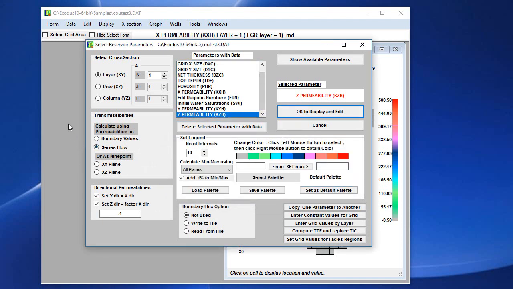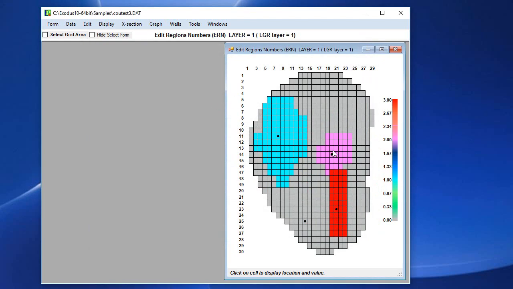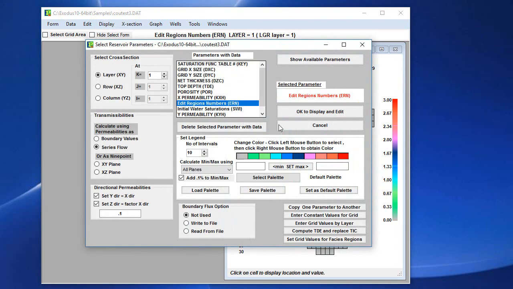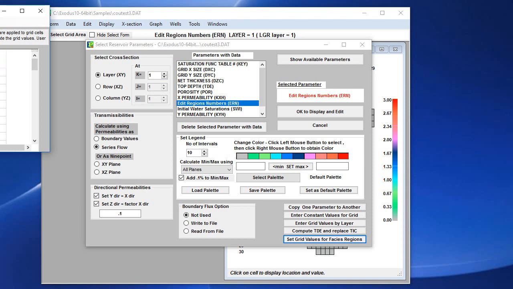Other ways to enter data would be using constant values by grid and constant values by layer, and these are quite easily understandable. We can also set grid values by Facies regions. So if we did that, these are our Facies regions. We have different Facies regions: 1, 2, and 3. If we wanted to use those Facies regions to set up grid values, we can set that Facies regions, and then we would have